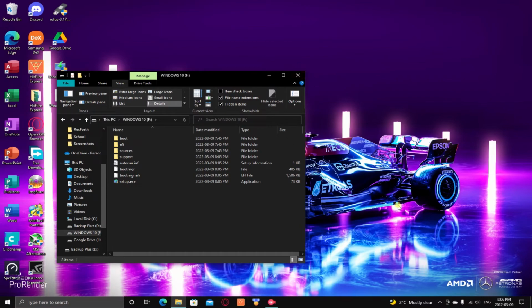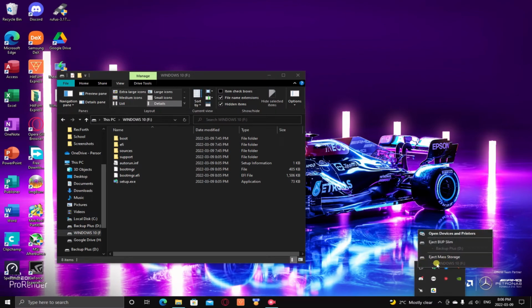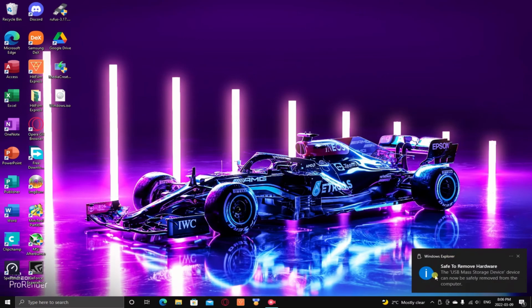Okay, so another thing you should remember is, instead of just pulling your USB out, with any kind of storage device which you connect through USB, you should first eject it. So here you can see the Windows 10 USB. After you get this notification, you can remove the USB from your PC, as this would make sure that any files or software running on or using the USB would close, or the files would complete saving, or any processes would complete before the USB is removed, so no data is lost and no damage is done to anything. So now you guys can remove the USB,